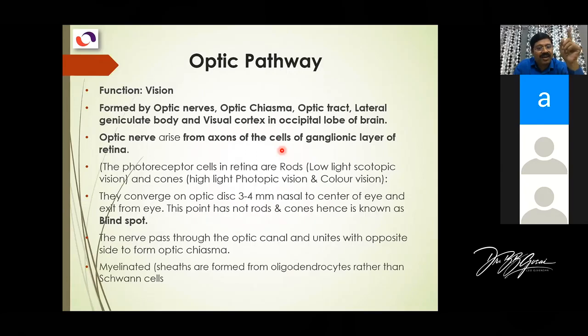So this is some of the important facts. We started with the cells. The optic nerve starts with the ganglionic layer of the retina. So that's the second order neuron from where the optic nerve is formed. Clear? And then they will exit from the eyeball, which is 3 millimeters medial to the anteroposterior point, that is the macula. It is that point I have shown you in the fundoscopy.